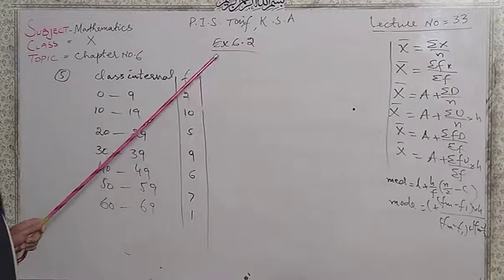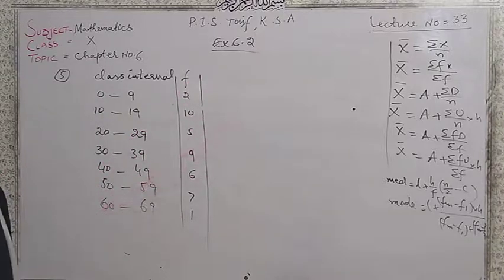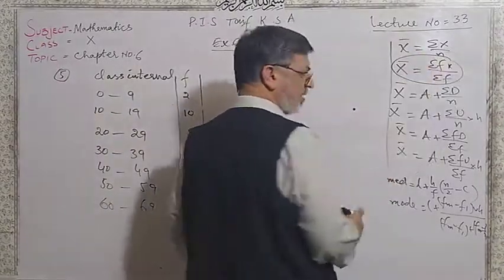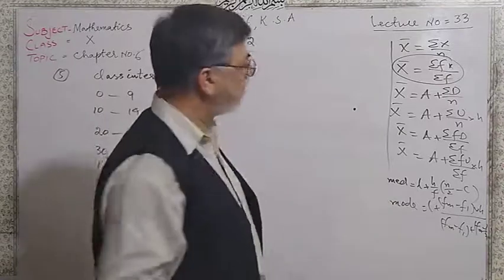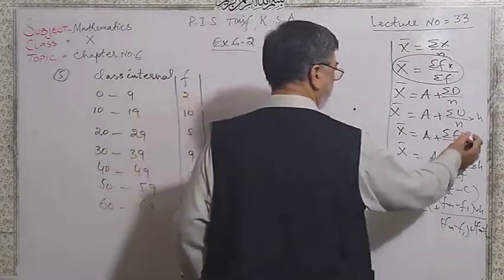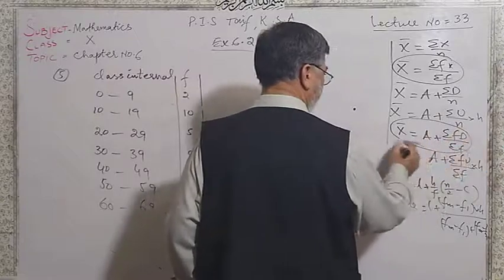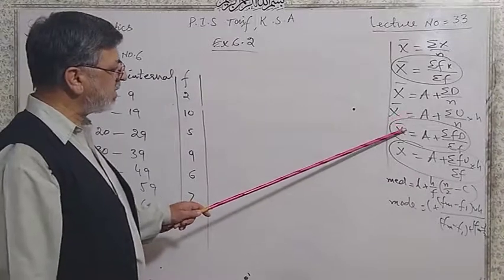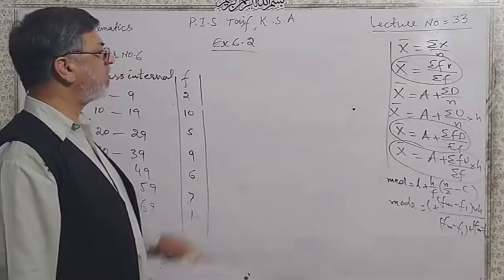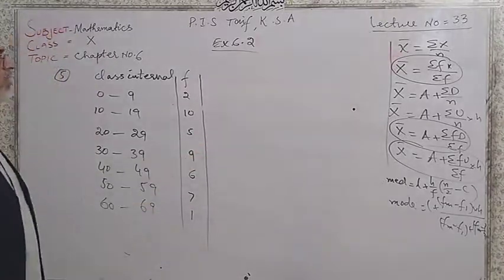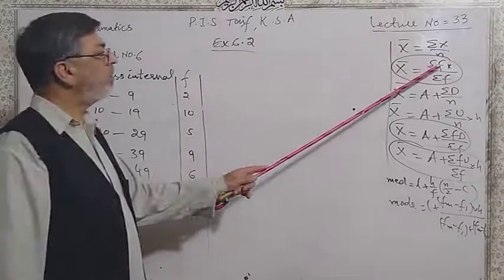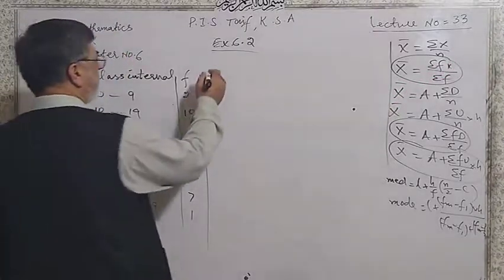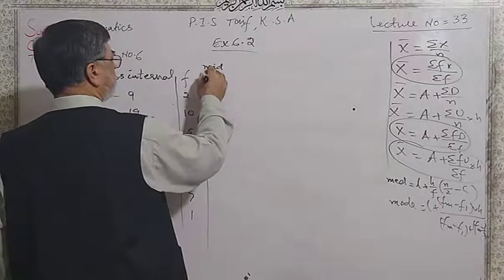we have group data. In case of group data, this is the formula for group data. This is direct method. It was asked in the question. Then this is indirect method, and this one also indirect method. 2 indirect methods. First is shortcut, second is coding, and this is direct method. You can check the formula that you need value of fx. First of all, you will find the value of x. What is meant by x? X is known as midpoint.